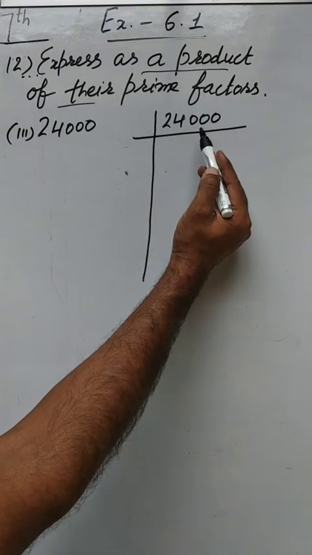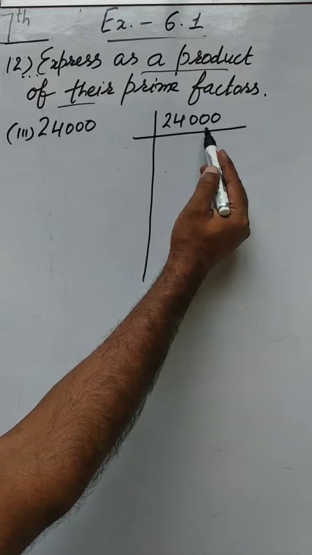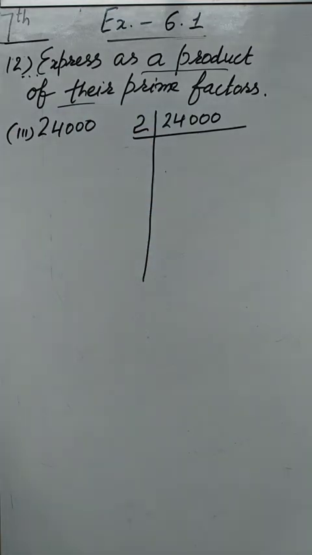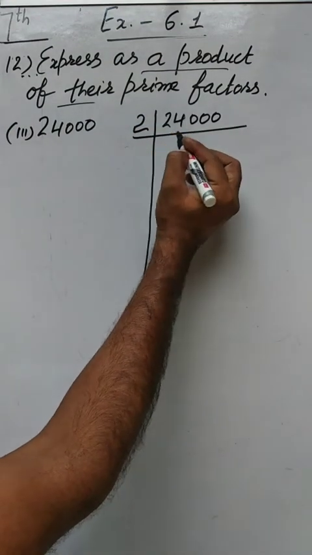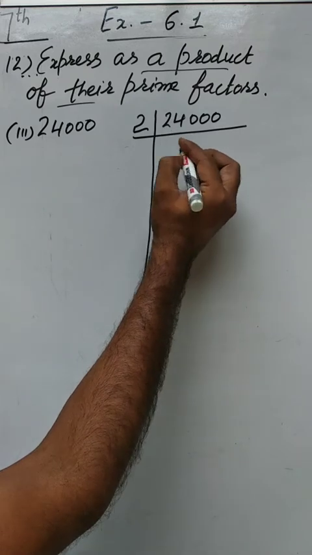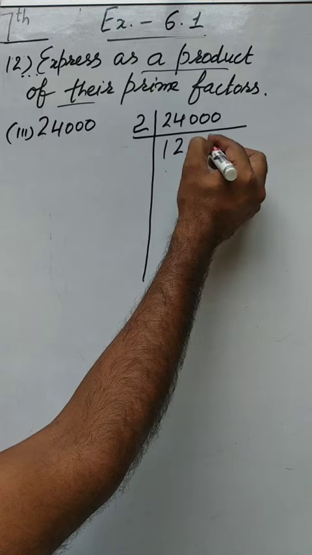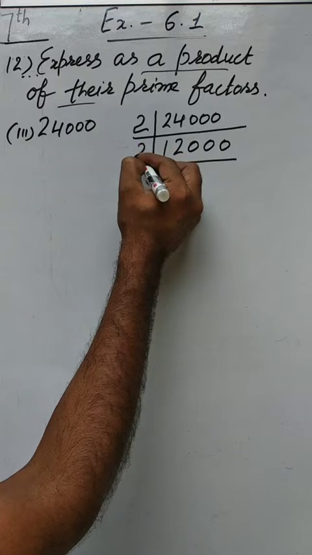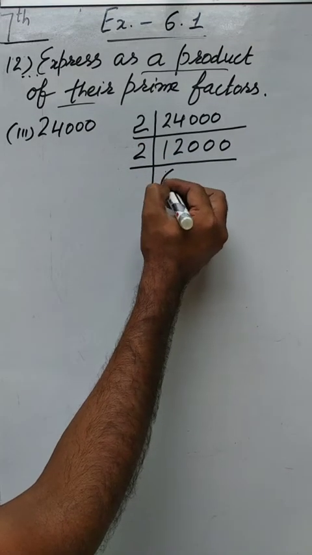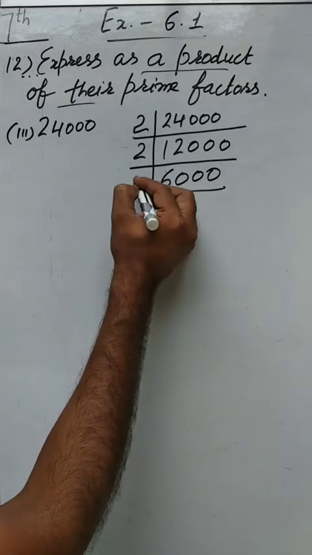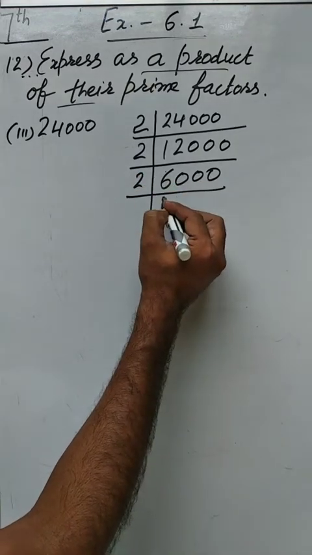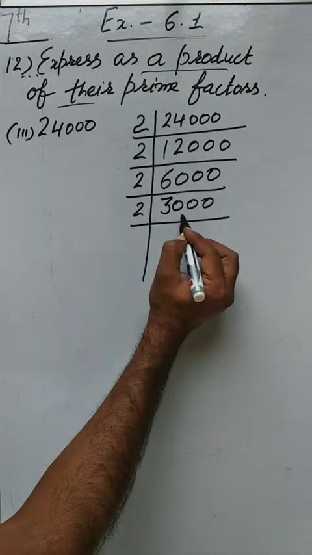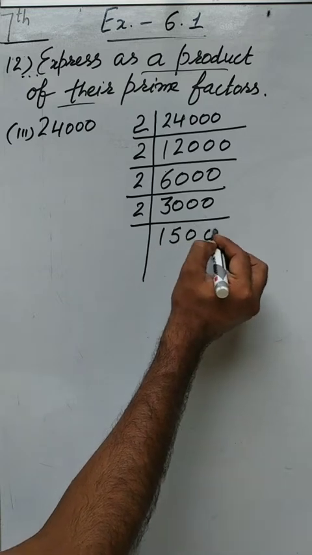Now the prime factors of 24,000. It is an even number. So an even number, as I already said, is always divided by 2. So when 24 is divided by 2, it becomes 12. And 24,000 halved becomes 12,000, and it is again divided by 2. Half of 12,000 is, beta, 6,000. Again on 2, half of 6,000 is, beta, 3,000. Again divided by 2, half of 3,000, beta, is 1,500.